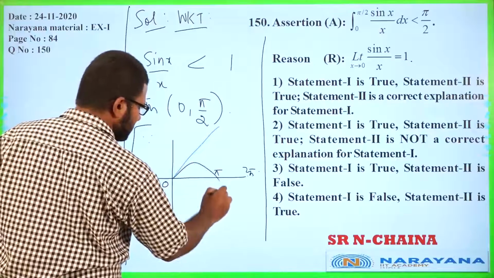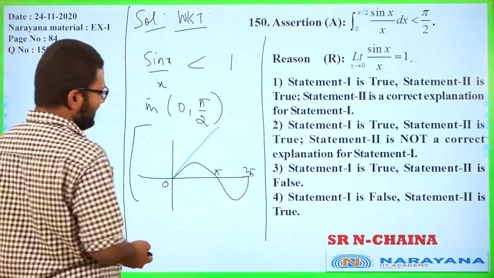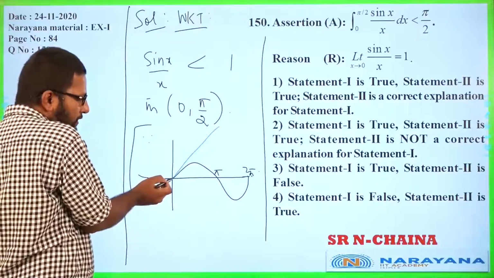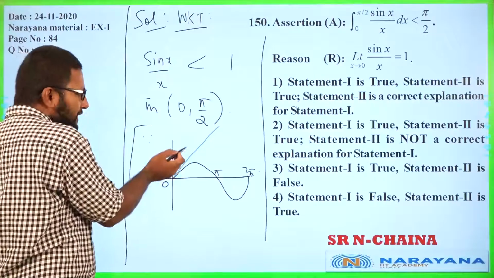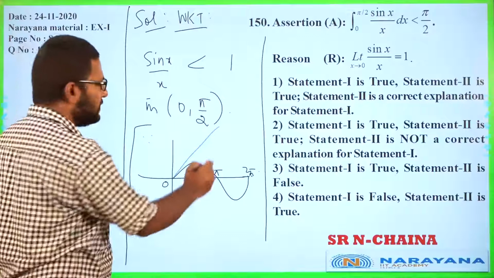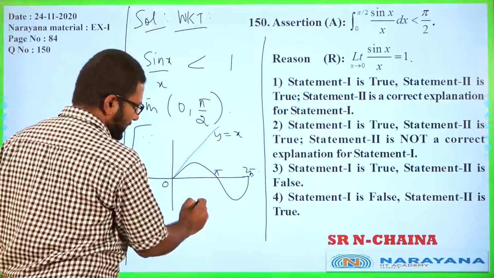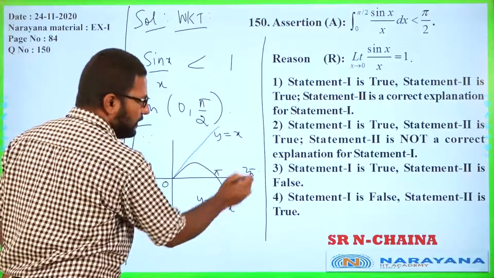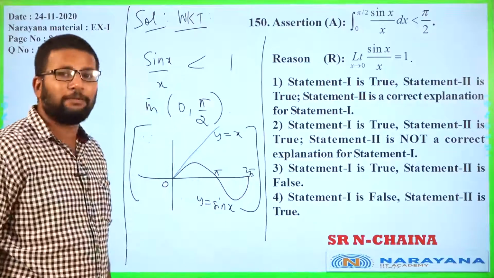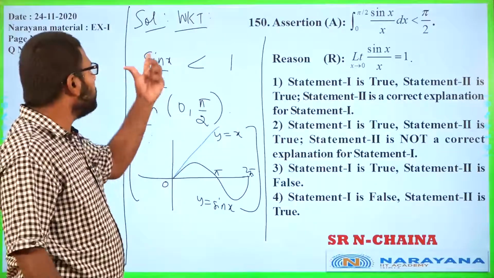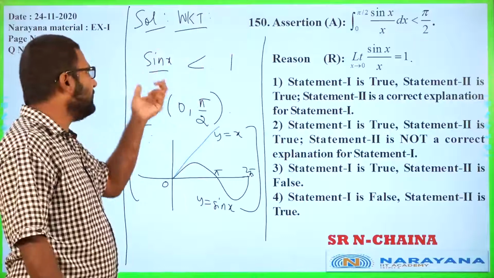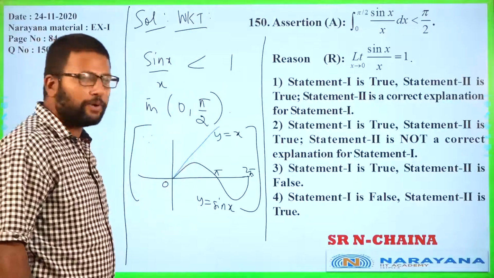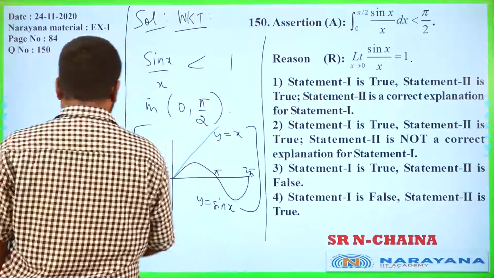It will go like this, in a way that they will sort of merge at origin, but everywhere else sin x will be less than x. Okay, this is y equal to x, this is y equal to sin x. So keep this graph in mind, it will be very helpful. So for us, we know that we'll directly use it as a property, that sin x is always less than x. Okay, so then going forward,